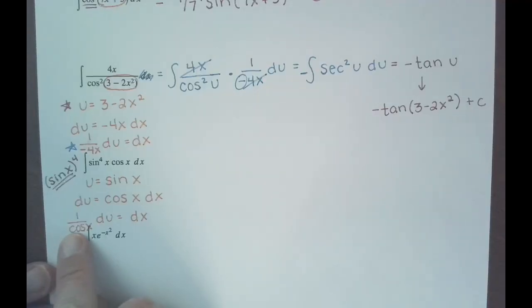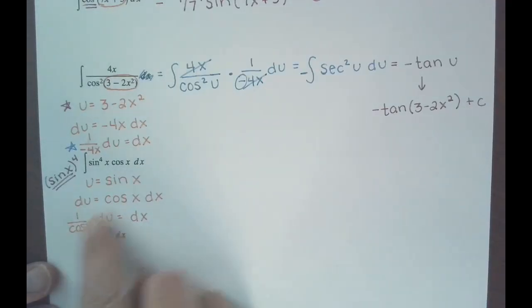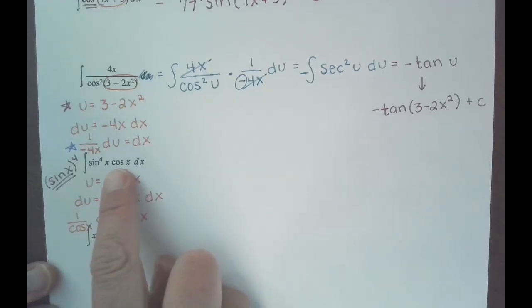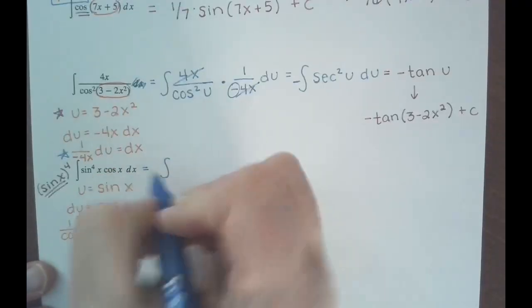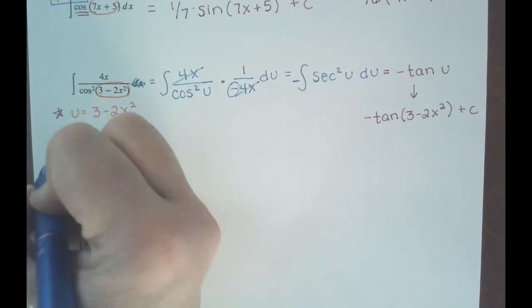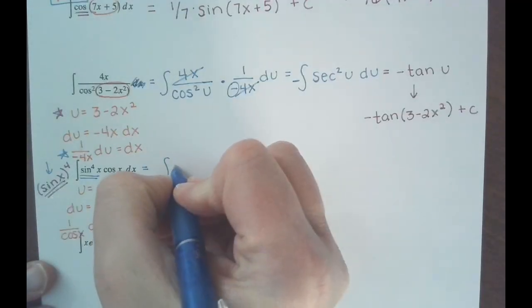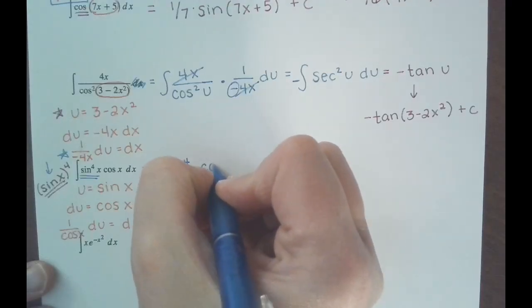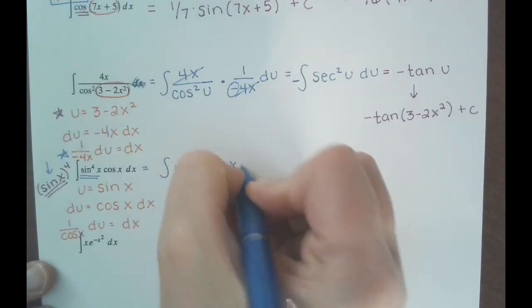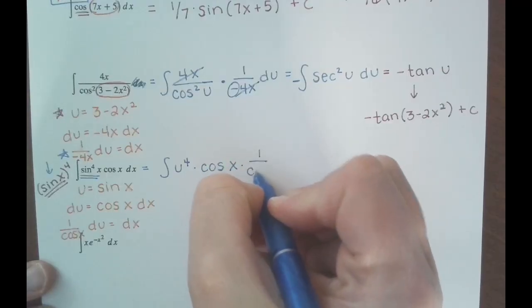And again, you should be thinking ahead to like, okay, if that goes in place of dx, is it going to do something helpful? Well, yeah, it's going to cancel with that cosine, right? So when I rewrite this integral, this thing, remember, is really this. And that sine of x is now my u. So I can rewrite that whole expression as u to the fourth times cosine x times this thing, 1 over cosine x